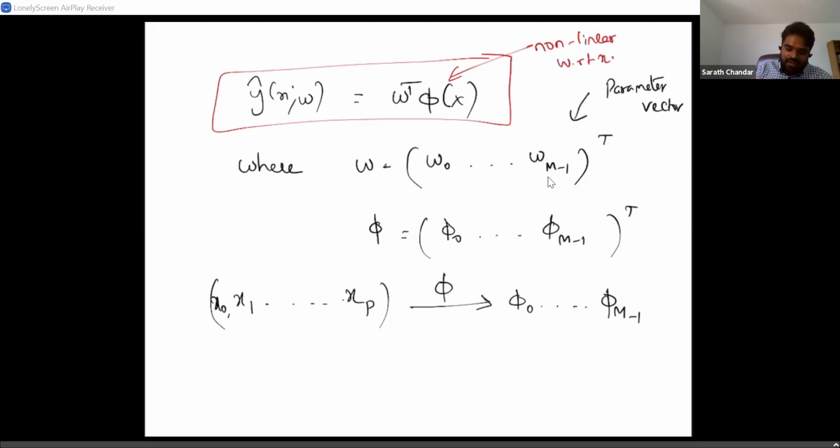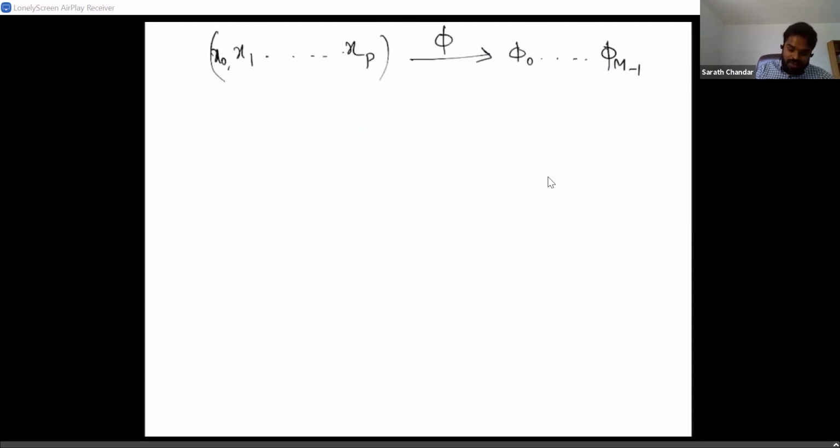But remember that this is still linear with respect to w. Or in other words, we could still find the closed form solution for even these nonlinear decision boundary models. So we will still call them linear models because they are linear with respect to w. Now let's look at some examples